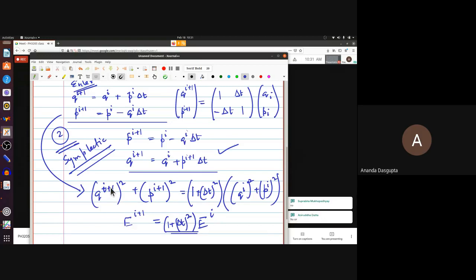Symplectic is a special kind of geometric structure that the canonical equations of motion have. So I will leave this as a teaser right now. I will give you some problems to solve using symplectic algorithms in the worksheet